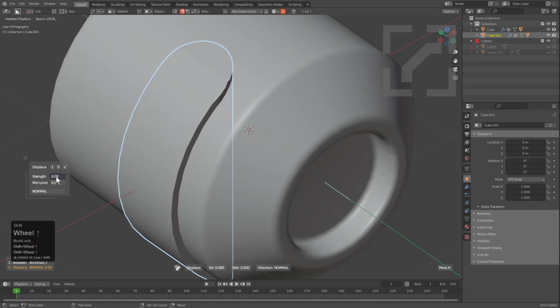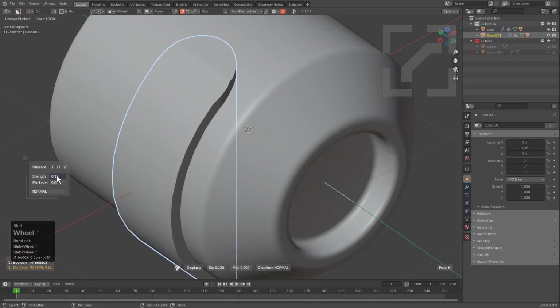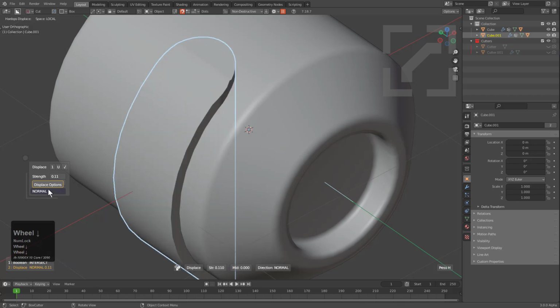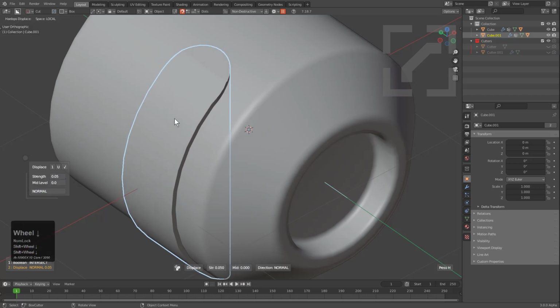So from here, I can actually shift scroll over to strength to adjust it gradually. I can roll over the axis to choose particularly what displace option I want, whether I want a particular axis like X, Y, or Z, or if I want to use it on normal like I'm using in this particular case. So sometimes I'll use a Smart Apply duplicate with an intersect in order to bow it out like so,